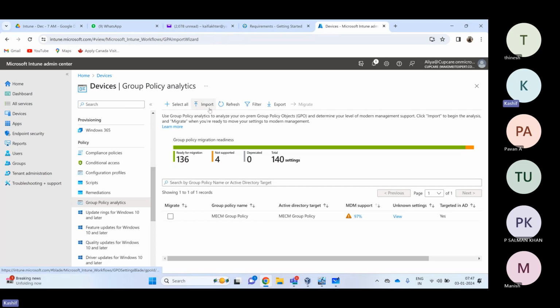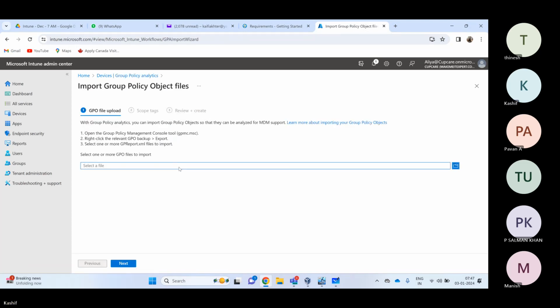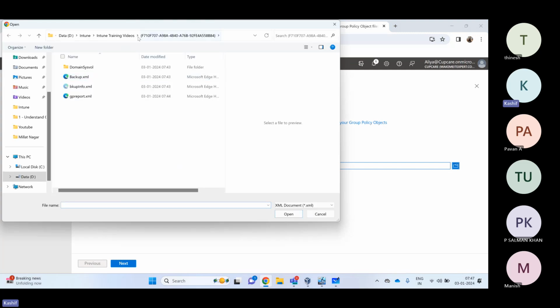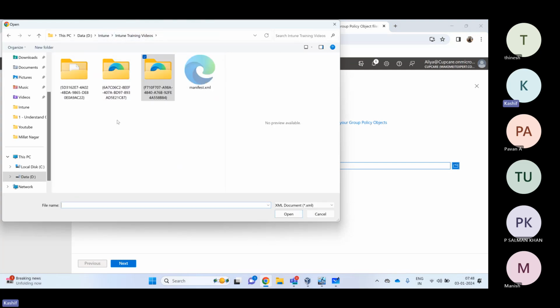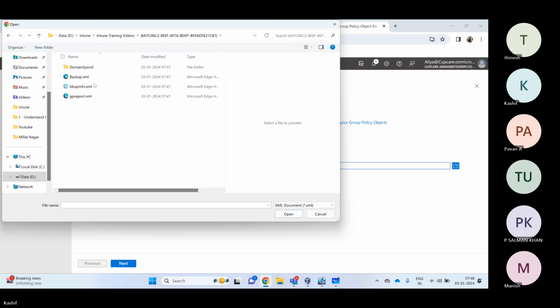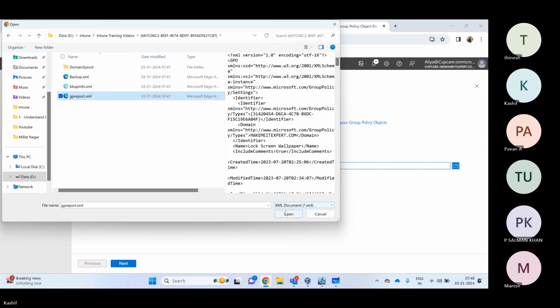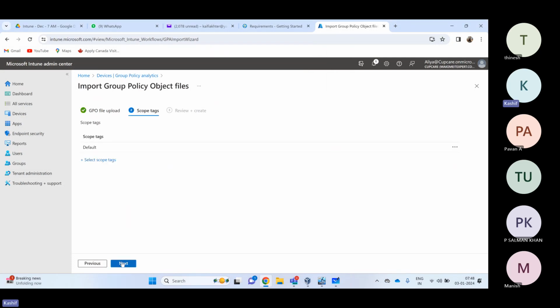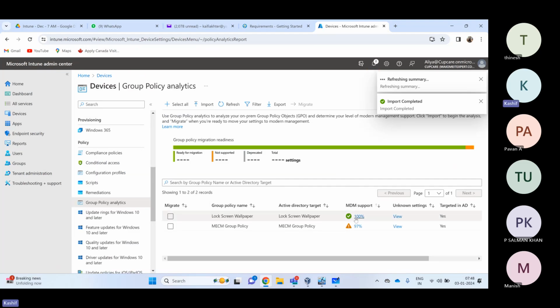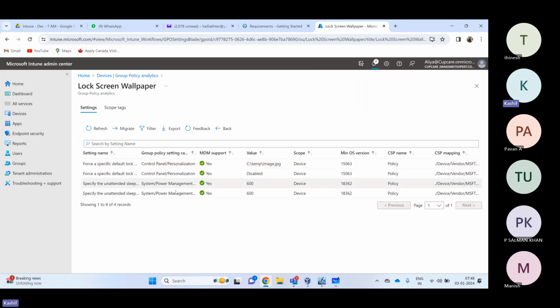So import, and I need to go back to the Intune training folder. 747. Yeah, this is the one. And GP report. Next, next, create. You see, this is 100%. So when I click on this, there are only 4 policies into this one, and all of them are deployable